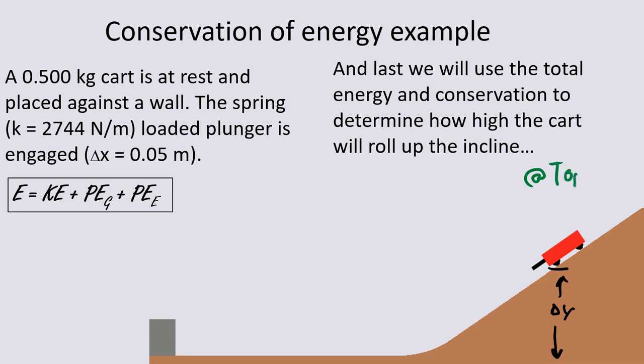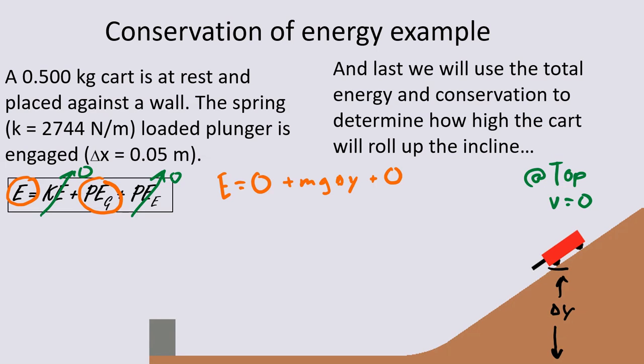So we know at the top here we're going to have a speed of 0. So that means our kinetic energy is going to be 0. Again, there's no elastic potential energy. We've released the spring. That's not doing anything anymore. And our total energy here then is simply going to be equal to our gravitational potential energy. Now let's go ahead and substitute everything into our energy equation. We have no kinetic energy, no elastic potential energy, and our gravitational potential energy is mass times the acceleration due to gravity